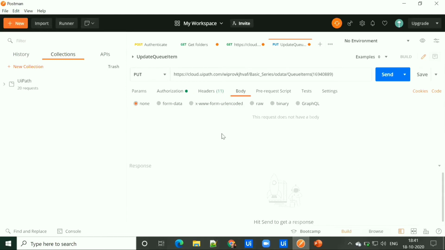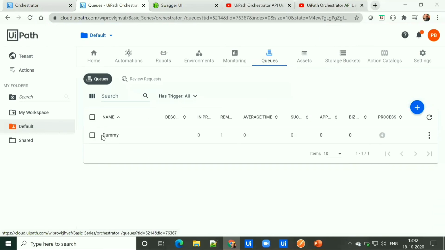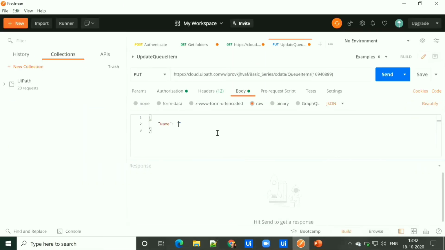And in the body section, we have to provide the data in the form of JSON. So here, what we are going to provide, let's say, open and close bracket, name. So name would be my queue name. So to get the queue name, we need to navigate to our Orchestrator. And from the queue section, we can find the name of the queue, which is dummy in our case.